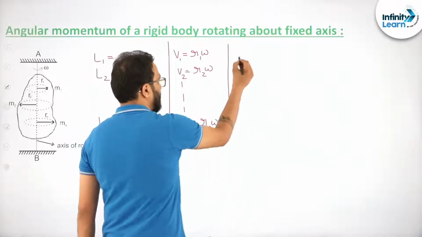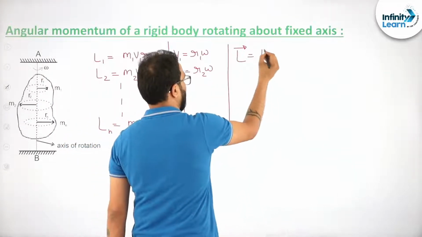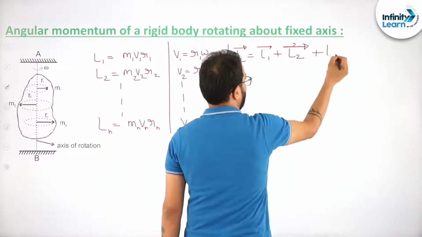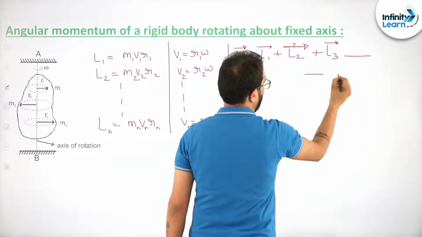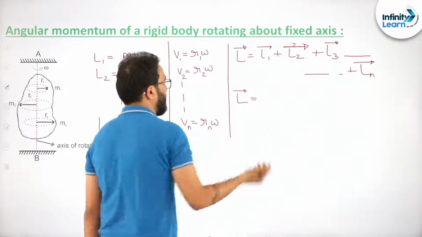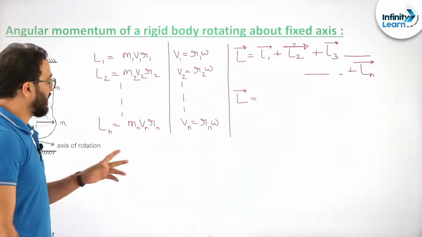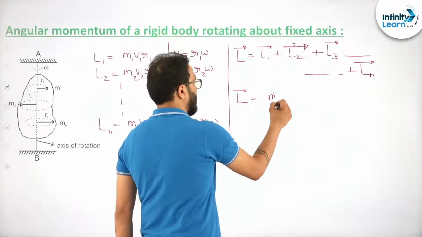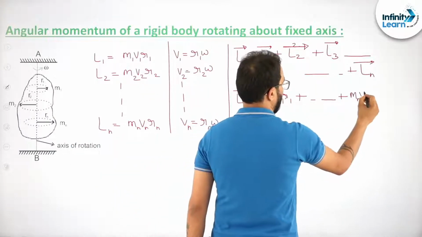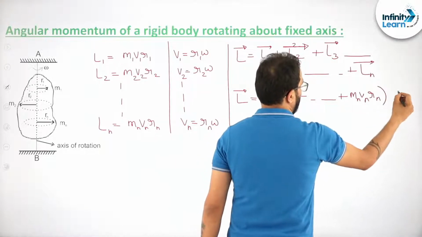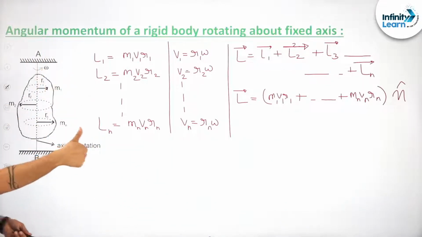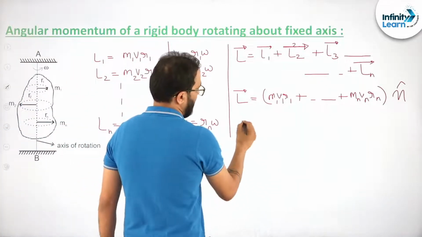So when you write complete vector L, it will be vector L1, vectorially we are adding vector L2 plus vector L3 up till vector Ln, okay. So we will say vector L is ultimately what is here. Direction wise we know what is the direction, so it will be m1 v1 r1 plus up till mn vn rn. Let's say the direction is n cap, that means the vertical direction is n cap, okay. So vector L will ultimately become